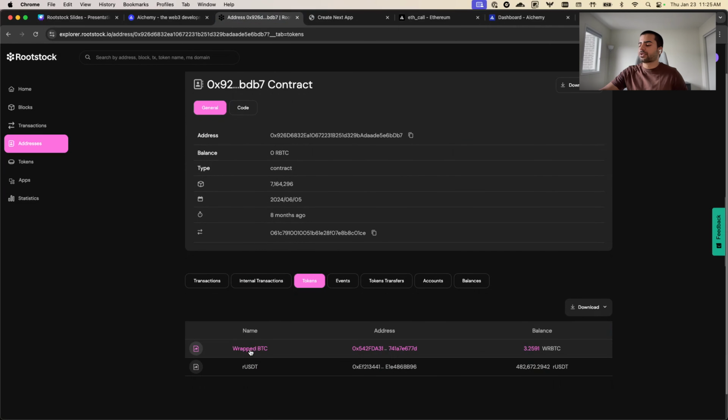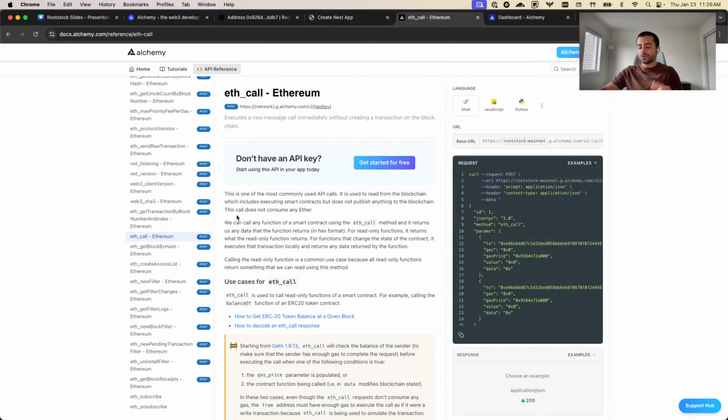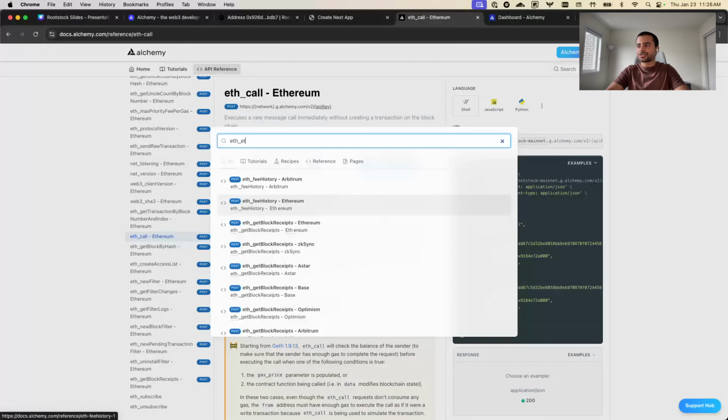So using this API, what we would do is go to the WRBTC contract on chain. We would call the balance function on WRBTC to get the balance of WRBTC, and then we would go on chain to see the contract of RUSDT and call the balance method using eth_call on this to get the balance of these. But even before that, we wouldn't even know if our address holds these tokens. So to get that, we would have to call the eth_getLogs